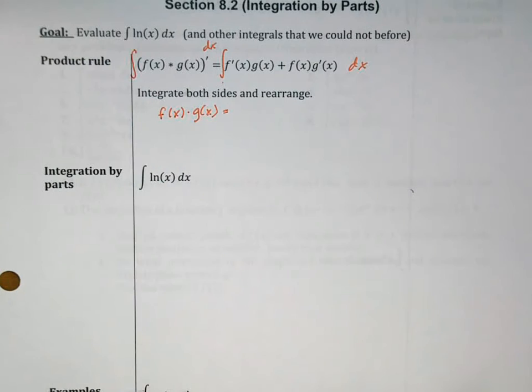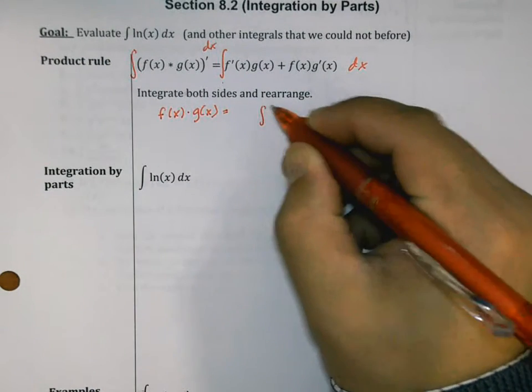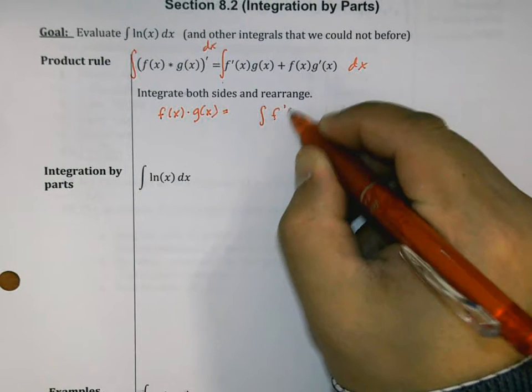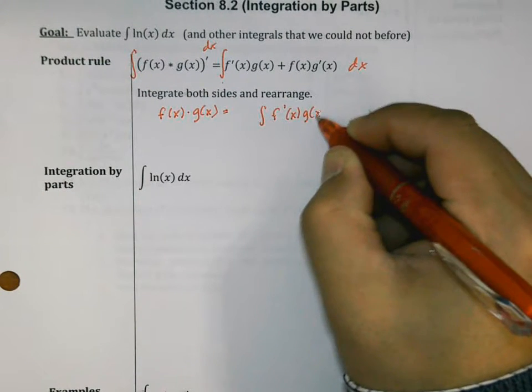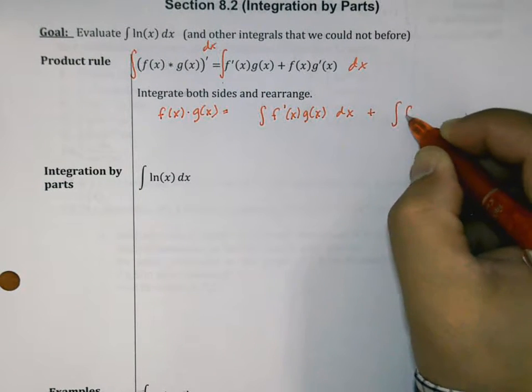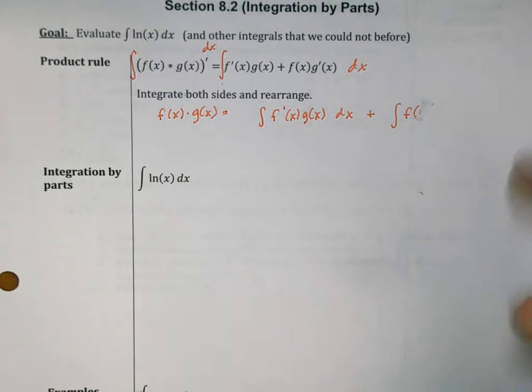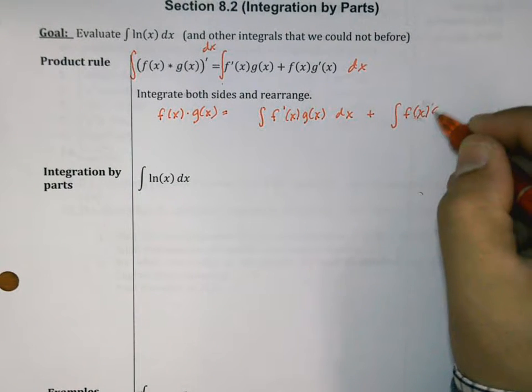And on the right side, well, we can actually separate those two integrals into the antiderivative of f prime g dx plus the antiderivative of f g prime